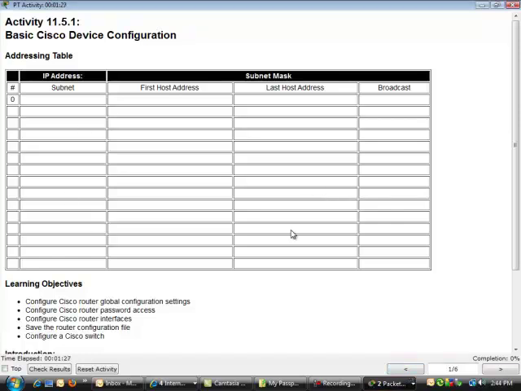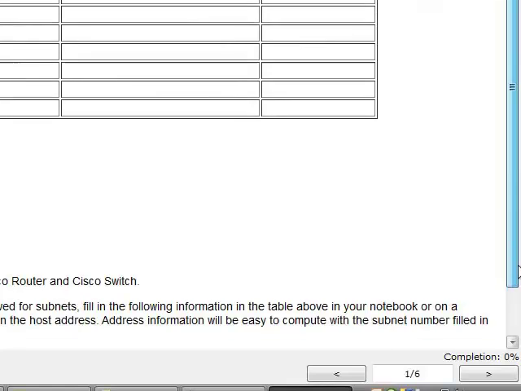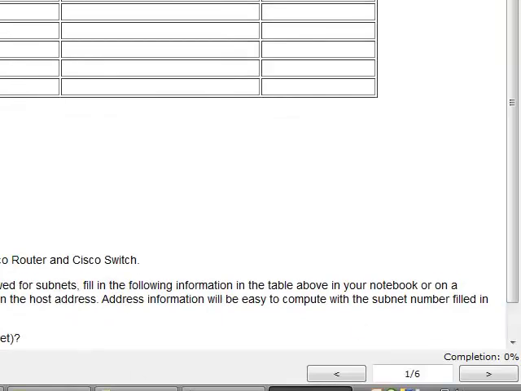The first page of the activity is they've given us an address, and they want us to subnet it. They give us an IP address of 198.133.219.0, which is a Class C address, and then they want us to borrow 4 bits for our subnets. So that will leave us 4 bits for our host, which means that we start from the 16. Now we're going to use the 0 subnet, so they start from 0 here, and that's our first subnet, which will be